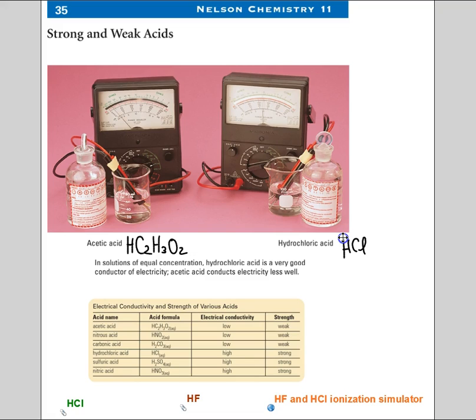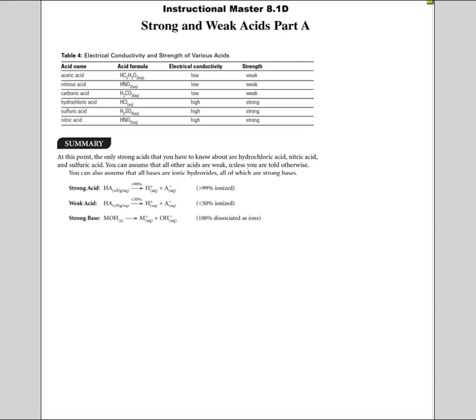So you'll see in this chart here the electrical conductivity for different acids. The classification of weak is always associated with low conductivity, and strong is associated with high conductivity. The acid formula here, we see for acetic acid, nitrous acid, carbonic acid are all categorized as weak acids, and then hydrochloric, sulfuric, and nitric are classified as strong acids. The distinction between weak and strong is a little bit more precise. So quantitatively for strong acids, we assume that more than 99% of all molecules ionize, and for a weak acid, less